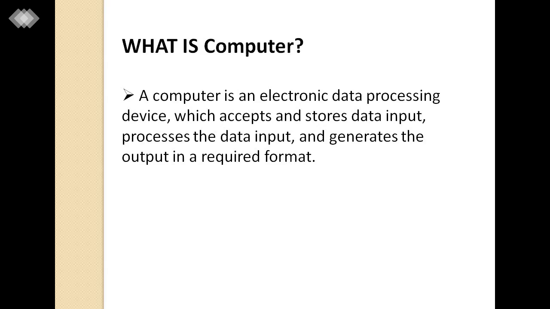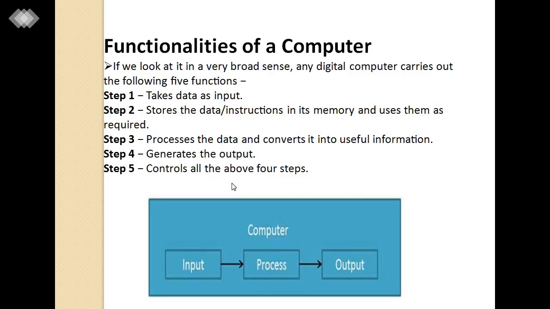So let's start. What is computer? Computer is an electronic data processing device which accepts and stores data input, processes the data input and generates the output in a required format. So here are some functionalities of a computer, and this diagram shows which is based on the definition. In this diagram you can easily understand computer which gives input to the computer, processes its input and gives the